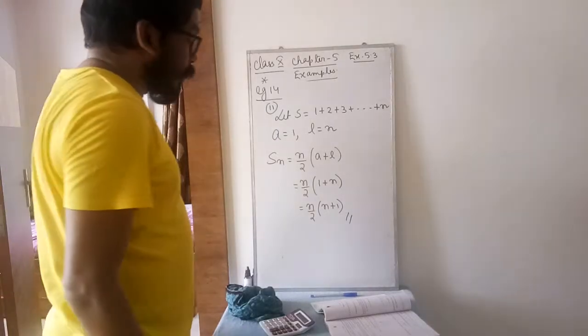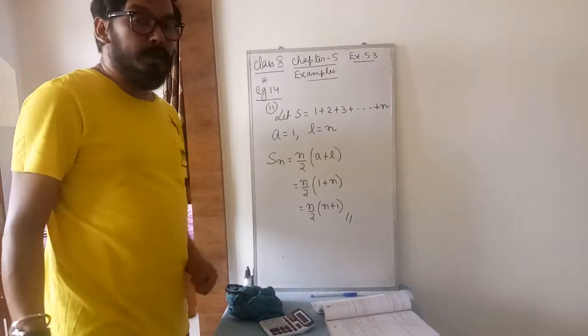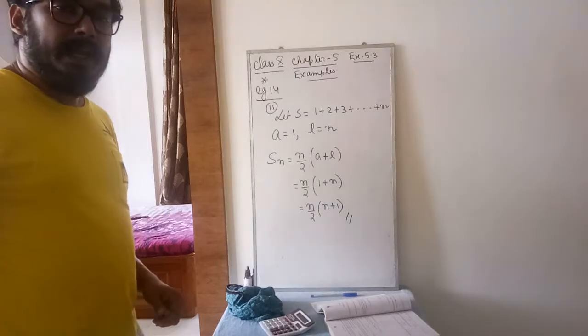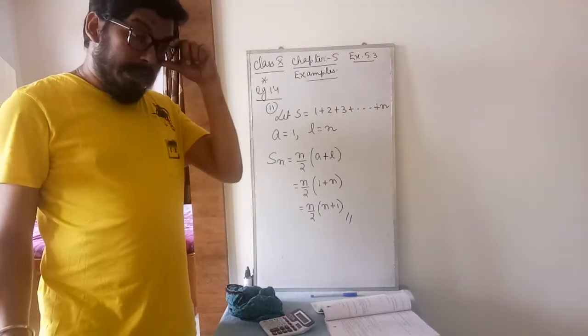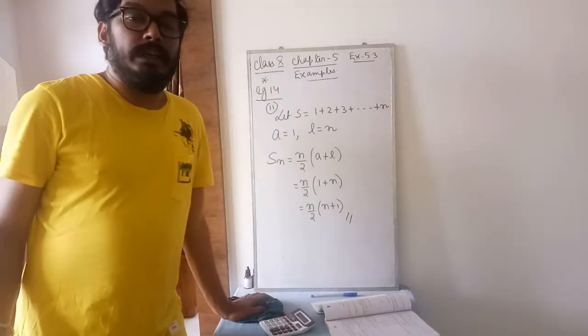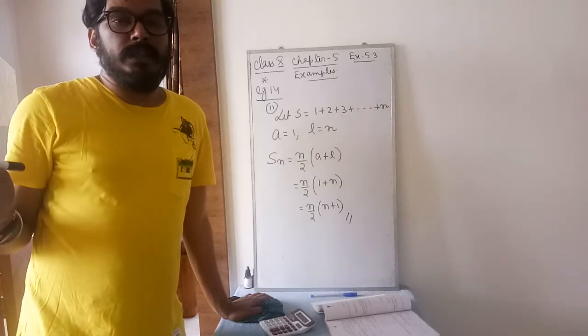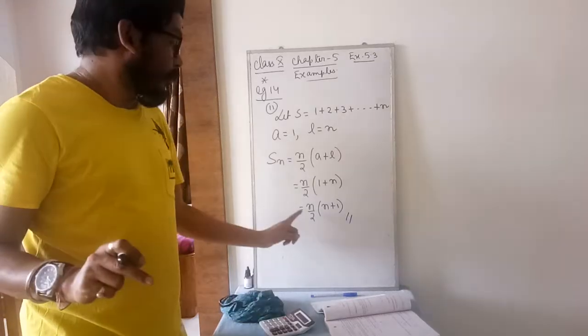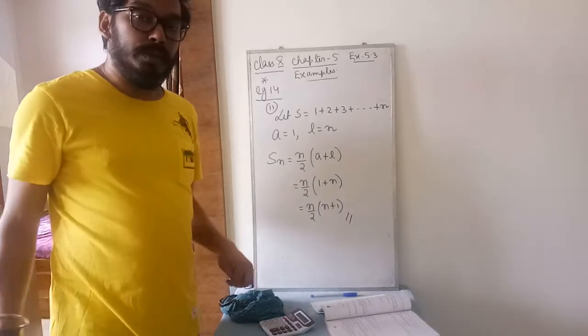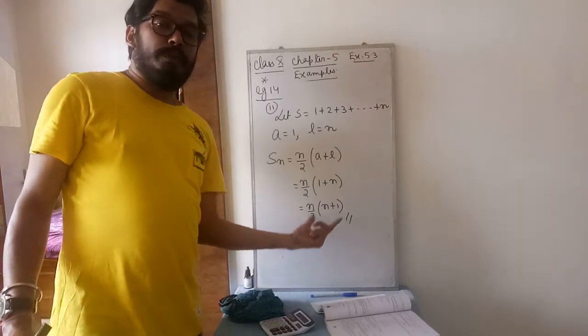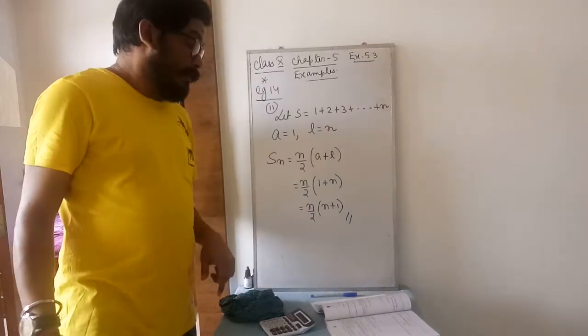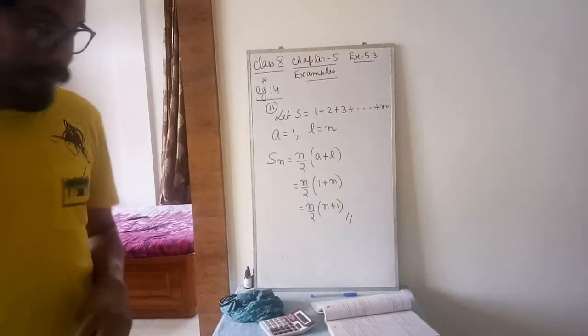This formula is often used. This is the formula for the sum of first n positive integers. So in exam time, in an objective type question, they give the sum of first n positive integers, there will be 4 options. Your answer will be n times (n plus 1) by 2. And advanced math students use this formula frequently in their subject. Take the screenshot.